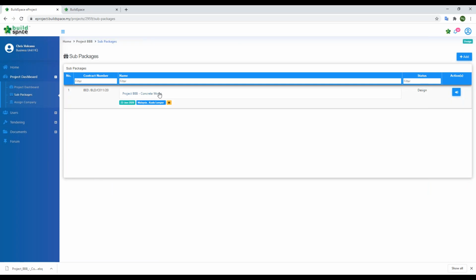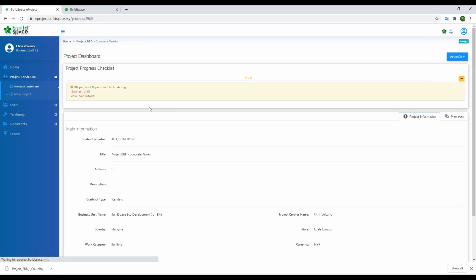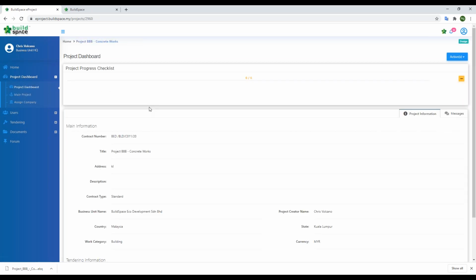Under this project BBB, we do have the concrete works as the sub packages. As you can see, every sub package will be treated as an individual tender to be called out individually. So starting from now, the project status will be shown in the design stage. So if we click in, for every project that we created in the system,